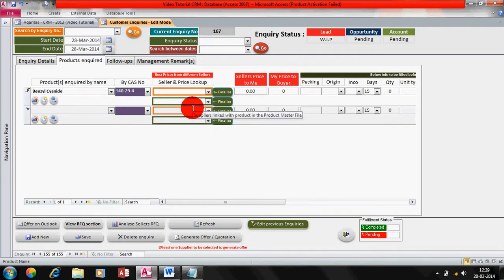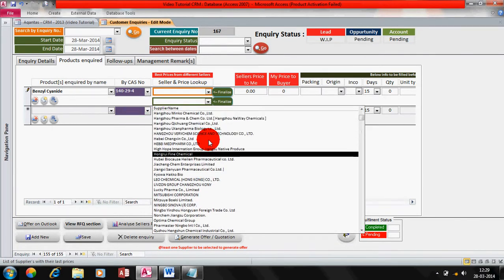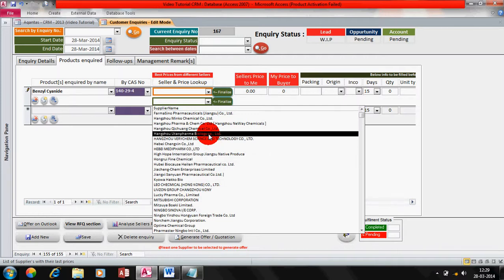For which you may go into your email inboxes and check who was the last seller who offered me a price on this particular product. Or you may ask your colleague, you may ask your boss, or you may refer to different kinds of communications and correspondence. So in order to reduce all that, we have given you